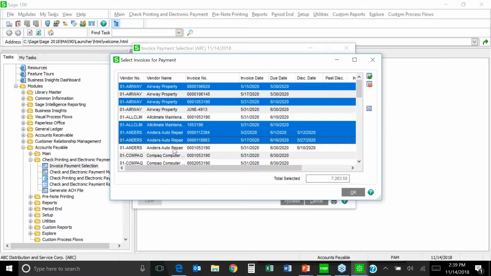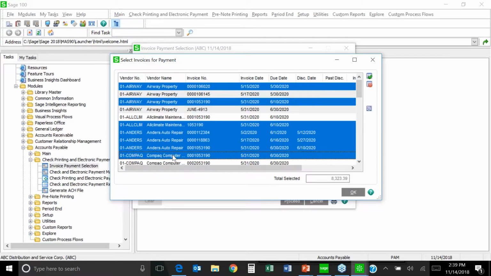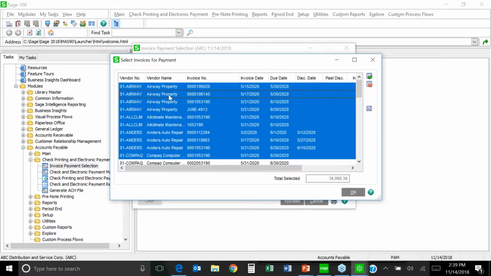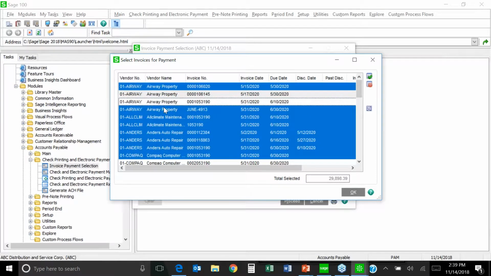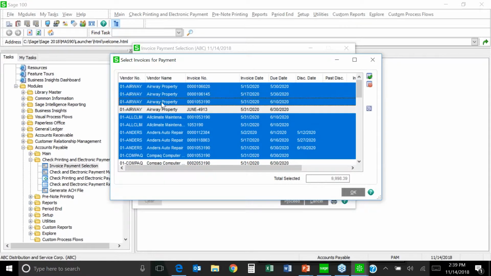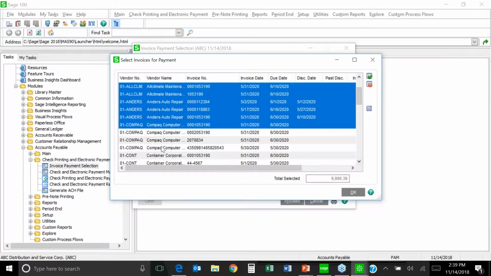So if I know that I have $10,000 to spend, I can pick the ones that, whoops, that had a big invoice. So obviously I can't pay that one. I could do a partial payment if I wanted to, but this is pretty close to $10,000. So let's say those are the ones I've